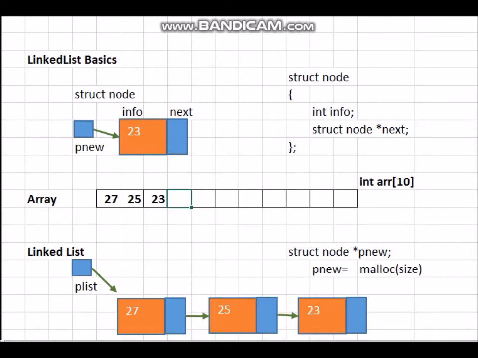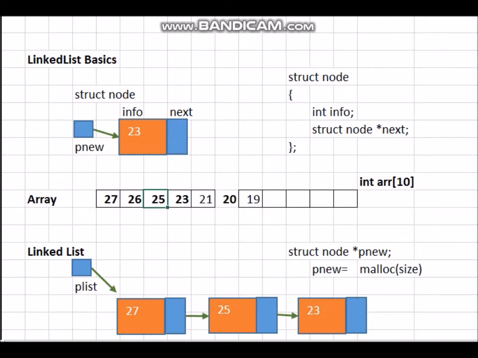Now, arrays have advantages. For instance, if we want to insert something at the very end of the array, it is very easy. But the challenge is if I want to insert, let's say, 20 in the middle of this array, then, if I'm keeping it in descending order, I will need to shift 19 here, and then I can put 20 here. If I wanted to insert 26, I will need to shift everybody one step aside, and then I will have to put 26 here. So the need for shifting is there in case you insert in the middle.